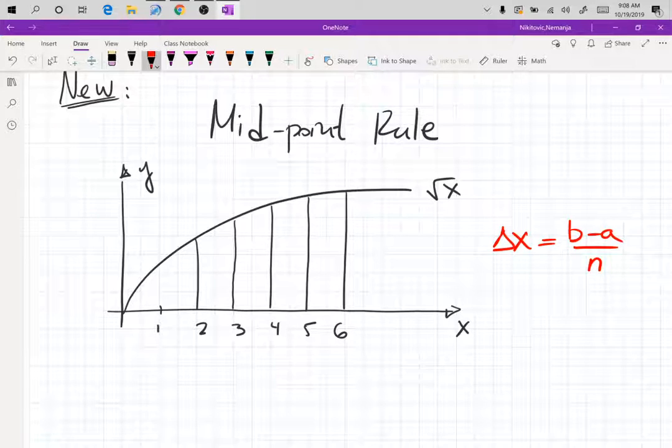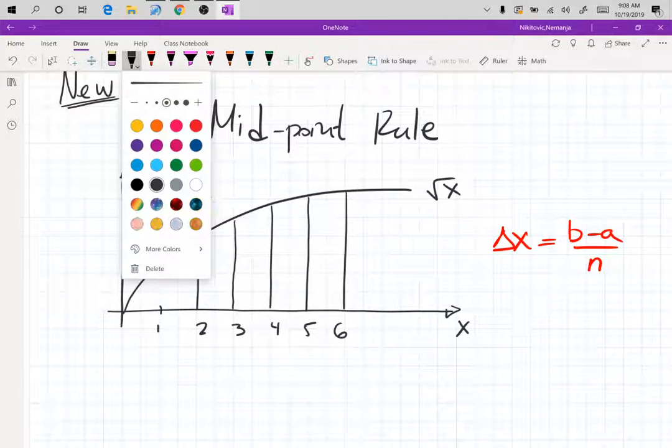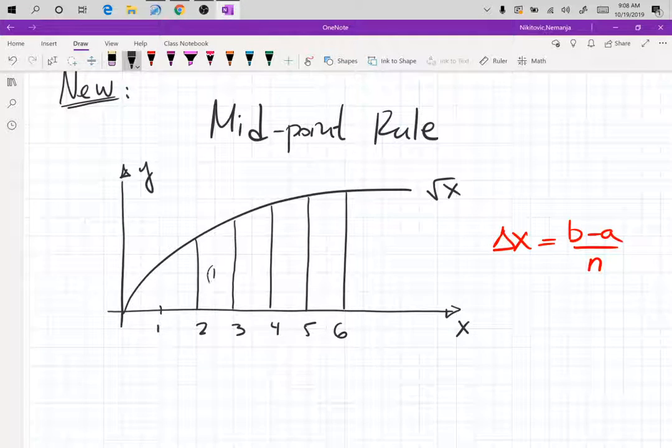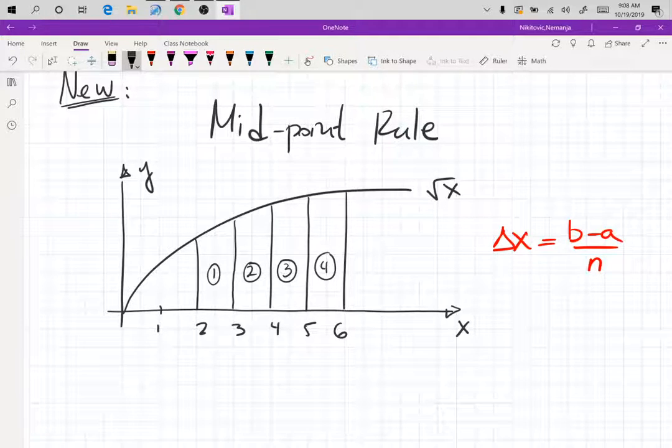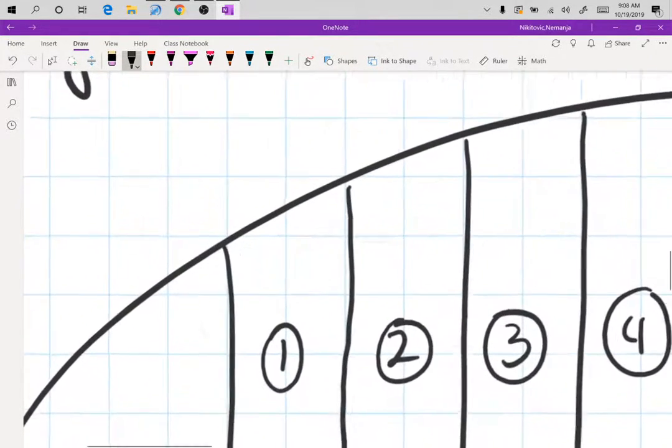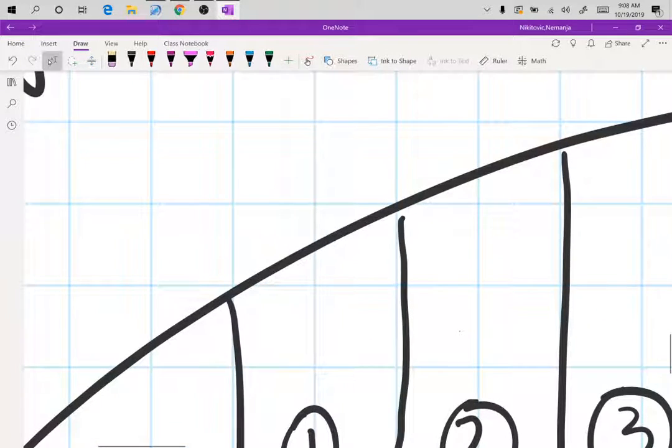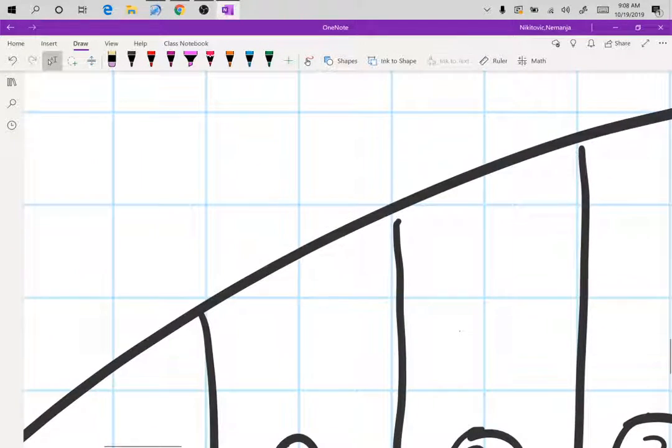so what am I going to do now? Let me zoom in on the first. I need you to look, and then you can catch up writing later. So these are the same 4 divisions that we had before. Now, I'm zooming onto the first rectangle because I want to show